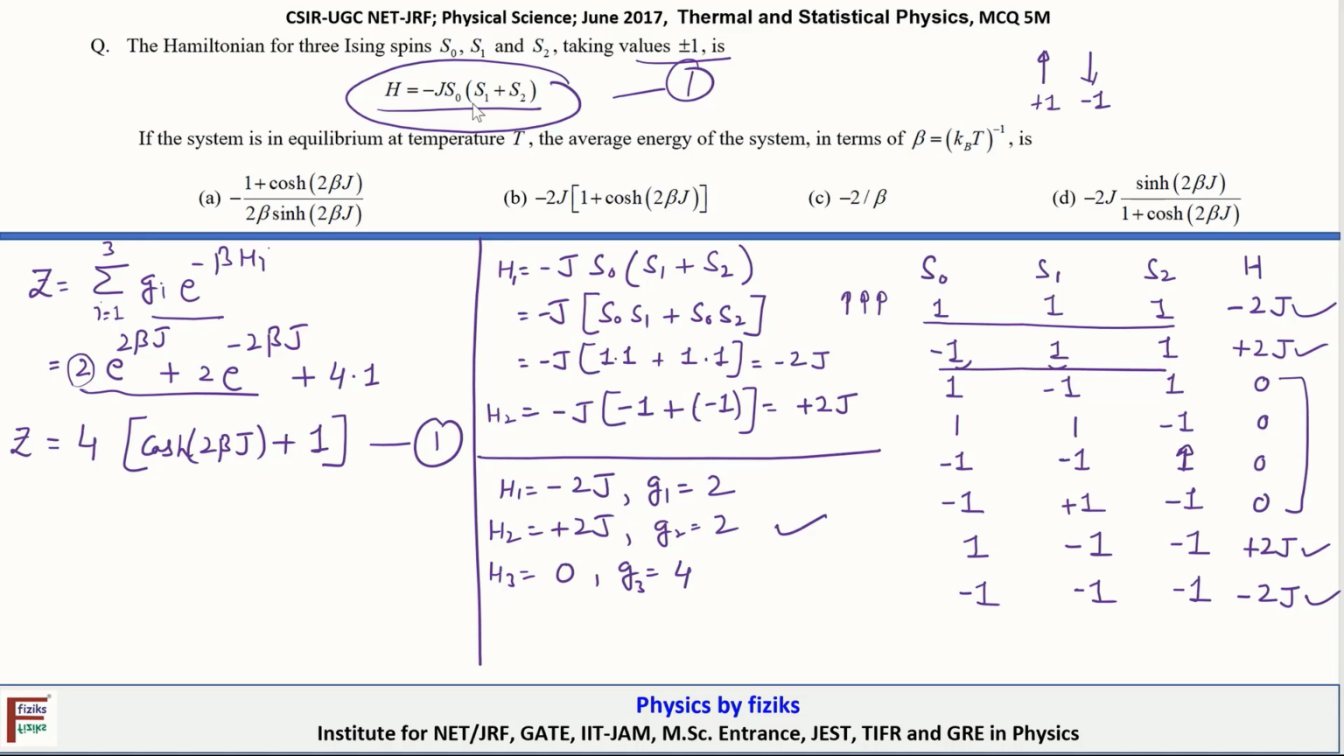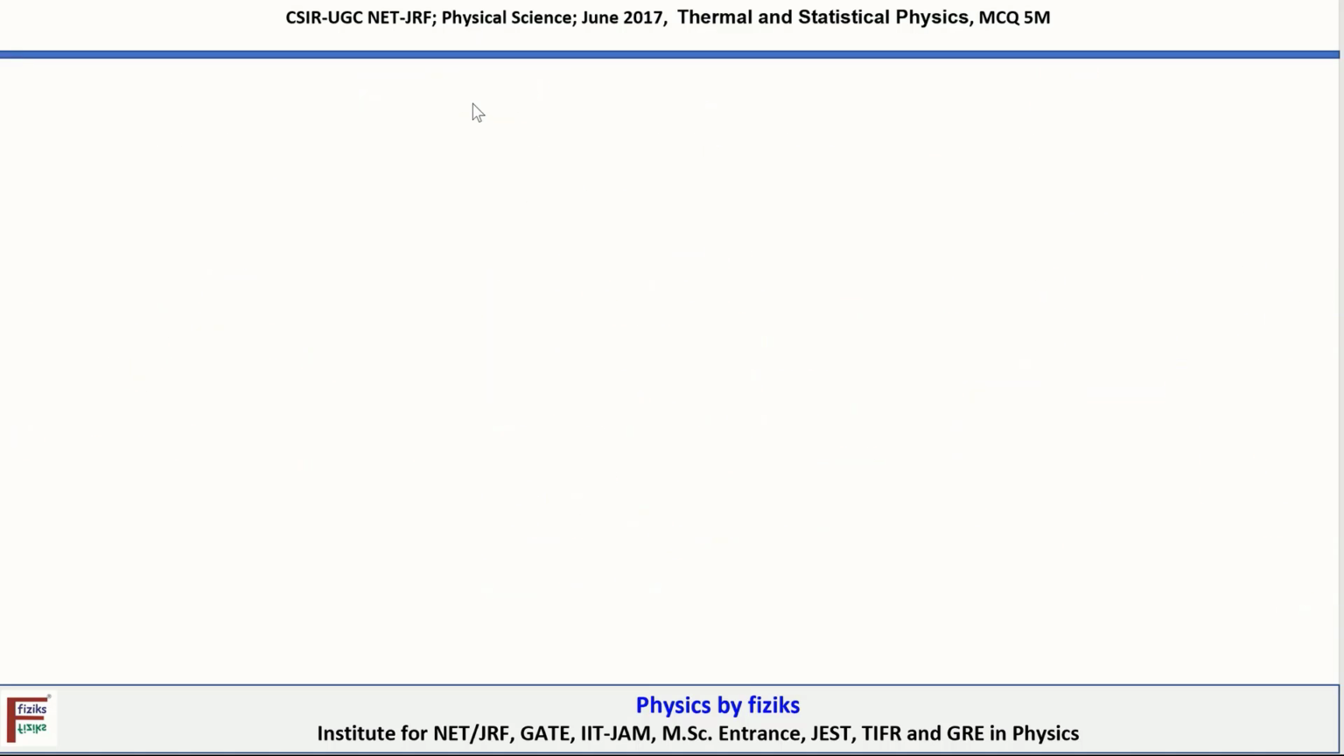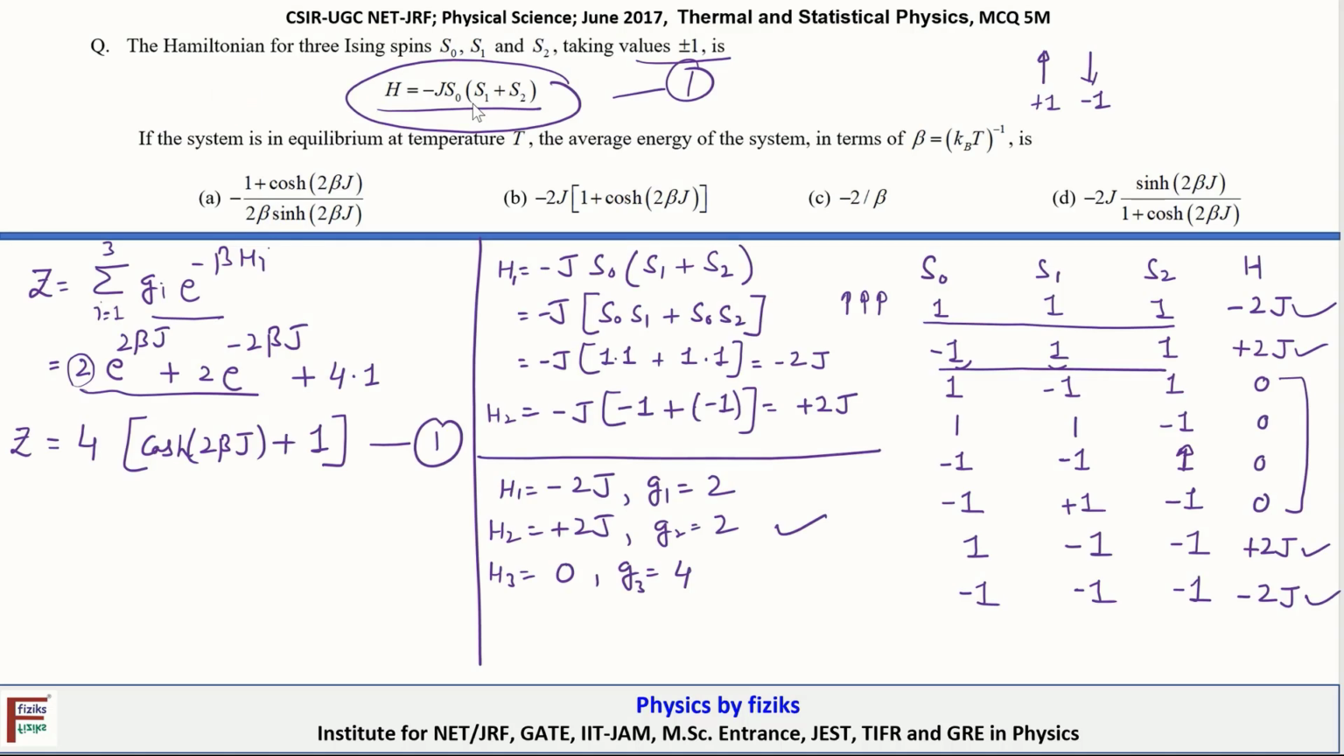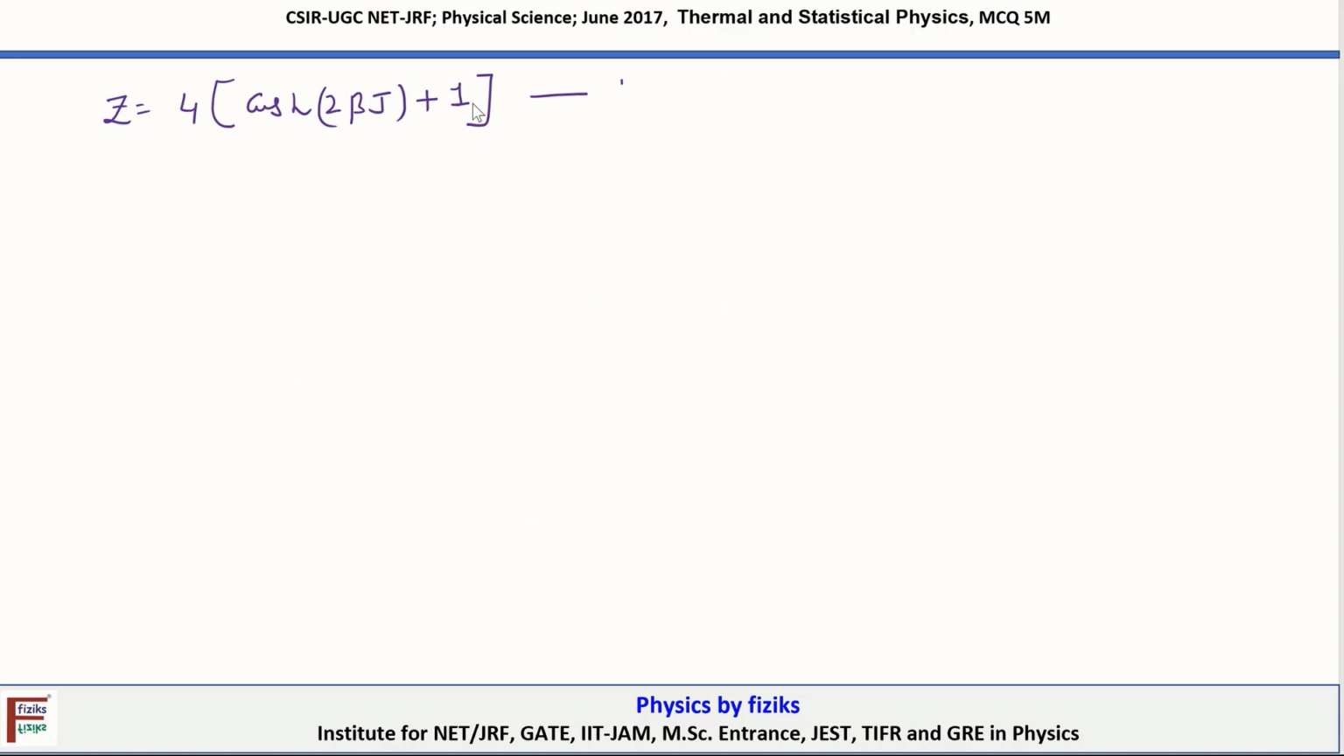So let's move to the second page. The partition function that we just obtained, that is Z, is equal to 4 multiplied by cos hyperbolic 2 beta j plus 1. Okay, so let me check what number I have. This is 1, so let me call this equation 1. Now how can we determine the average energy U, that is equal to minus